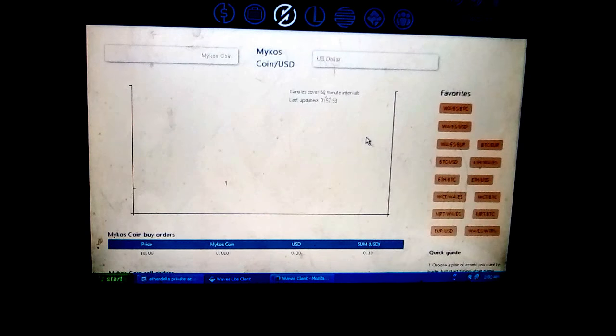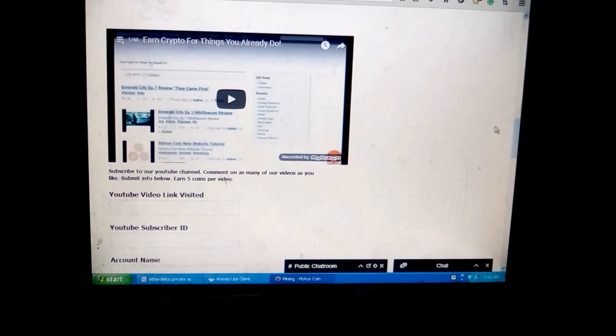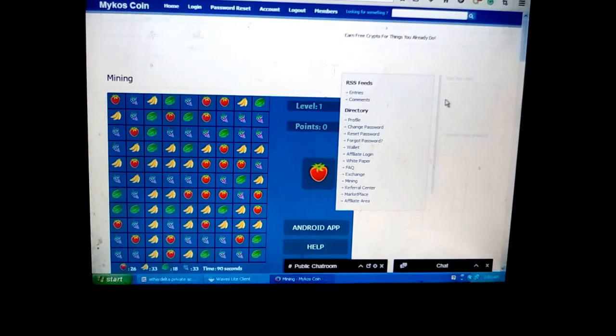Why it's not a free coin, why it does have value, and why although it's free to you, it's not really free, but why your activities create value in the coin. So let's go over to the Mykos coin website here real fast, and I'm going to show you why that is exactly. So we're on the Mykos coin website, and I'm just going to come here to where it says